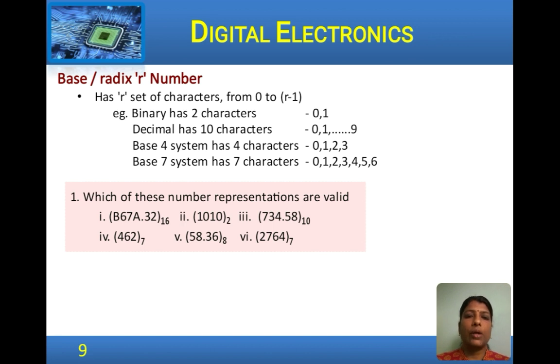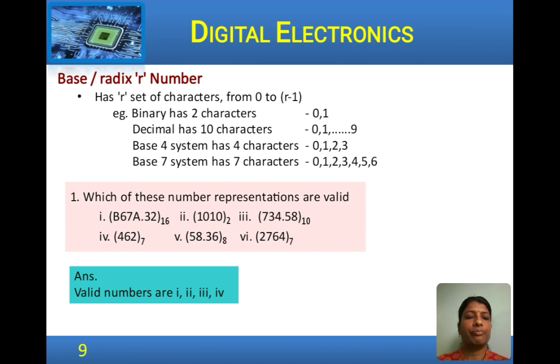So, for any base or radix R, a number will have R characters ranging from 0 to R minus 1, as we have seen in the 4 previous cases. Binary has 2 characters, 0 to 1, and similarly the base 4 system has 4 characters ranging from 0 to 3 and base 7 has 7 characters from 0 to 6. Now pause the video, solve the problem,